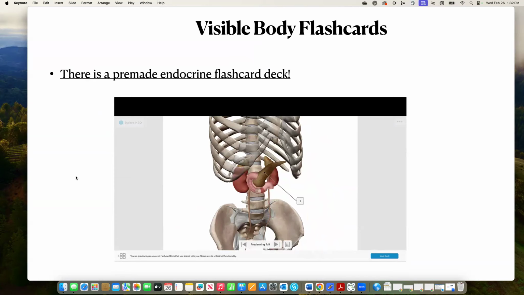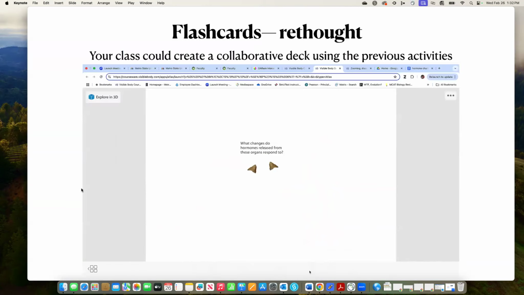So pretty easy peasy. But one thing that you could do with this is you could actually change it, and your class could create a collaborative deck. And you could do that using the information from the previous 2 activities. So maybe